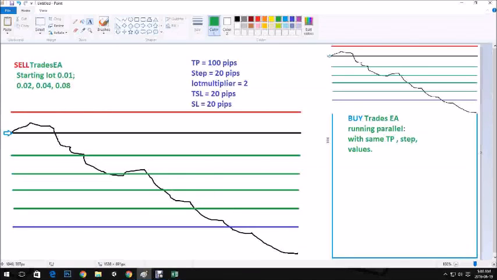Okay, so what we can do here is, when we start a sell trade, we'll also start a buy trade at the same time, at the same point. So if the market is going against us for our sell trade, it is actually going in our favor for our buy trades. Okay, so let's say the market hits this point here, and gives us a minus $2 loss for this sell trade. We also have a buy trade here which is running, which started at the same time. In this case